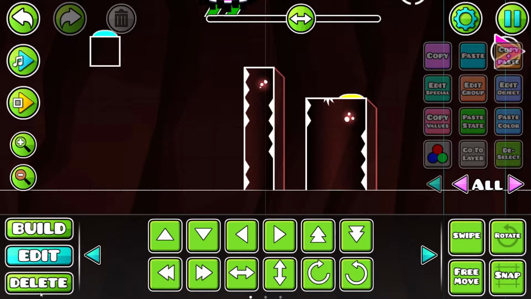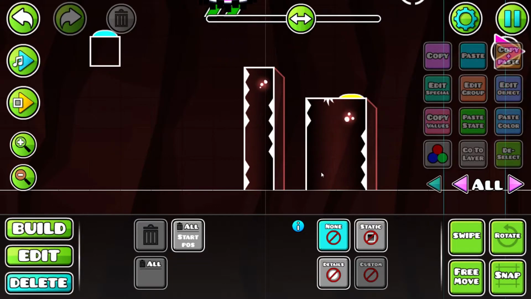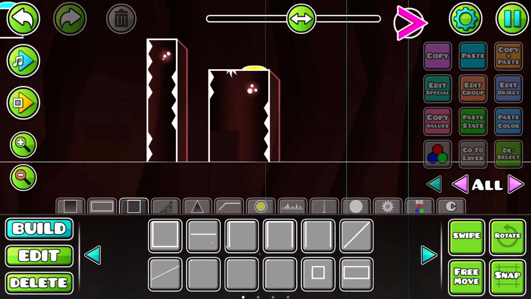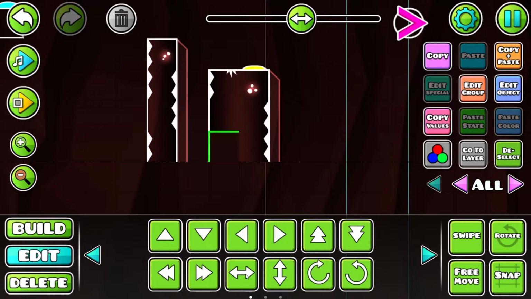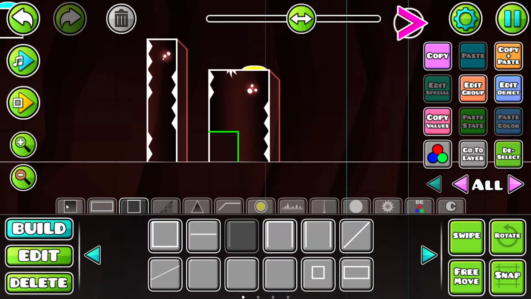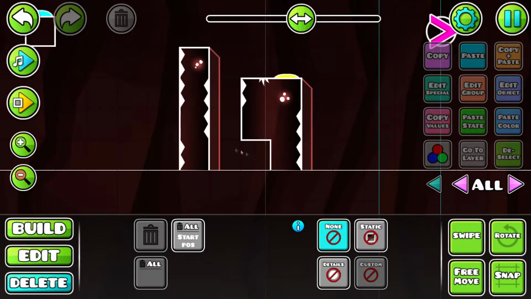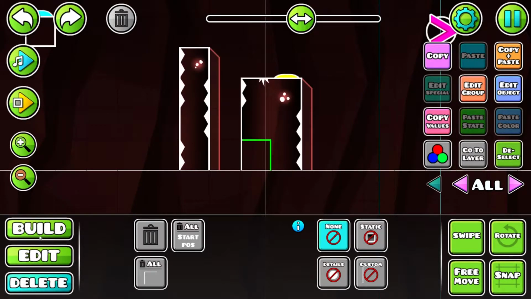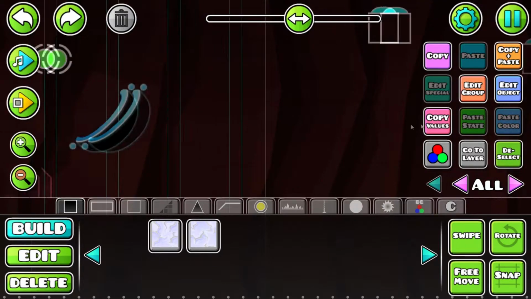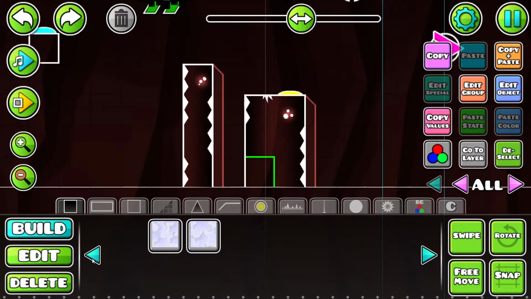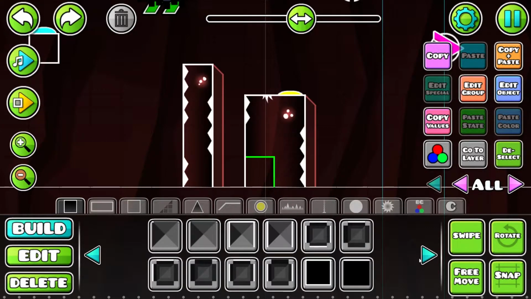Next thing I want to do is, since this is a little bit thicker of a structure, I'm going to come down here, delete that. I'm going to add this in, and we are going to add just a standard. Well, if we really wanted to get creative, I guess we could just kind of cut it off like that, but that doesn't really fit the theme very well, does it? Alright, so now what we're going to do is we're just going to add a standard black block right there